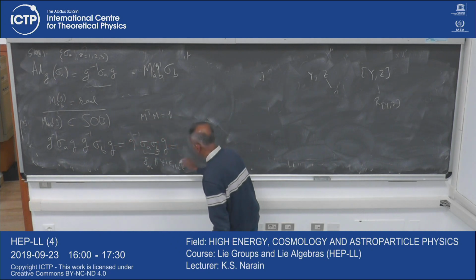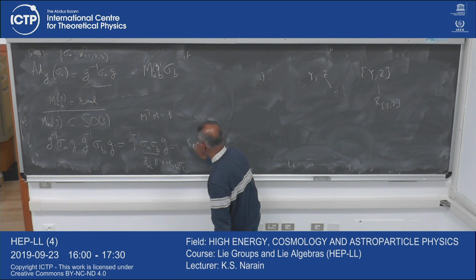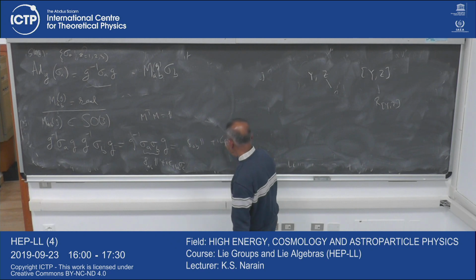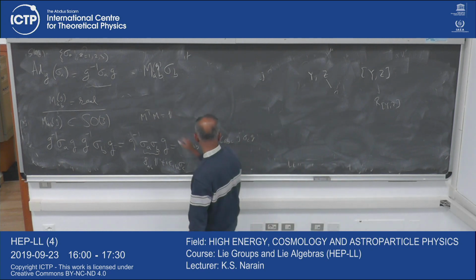Therefore, this is simply delta AB times G inverse G, which will be delta AB times identity, plus I epsilon ABC G inverse sigma C G. But this by definition was,